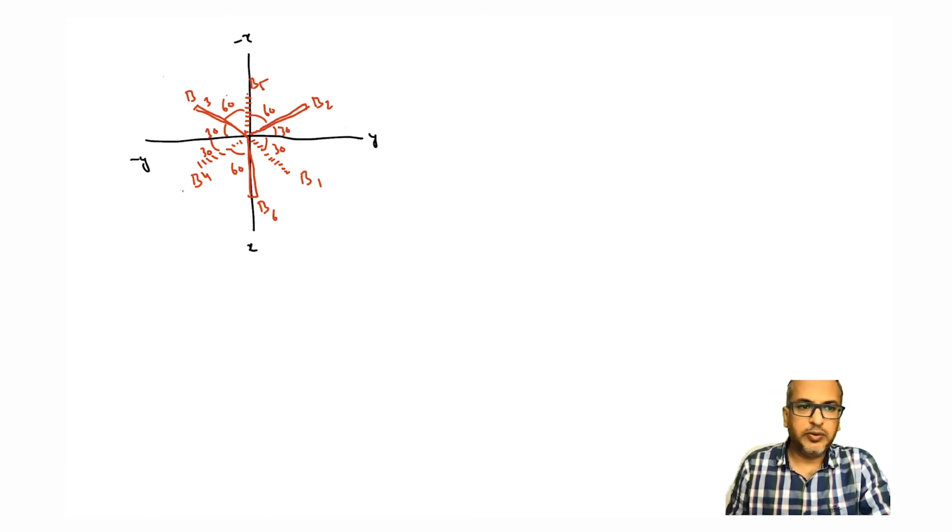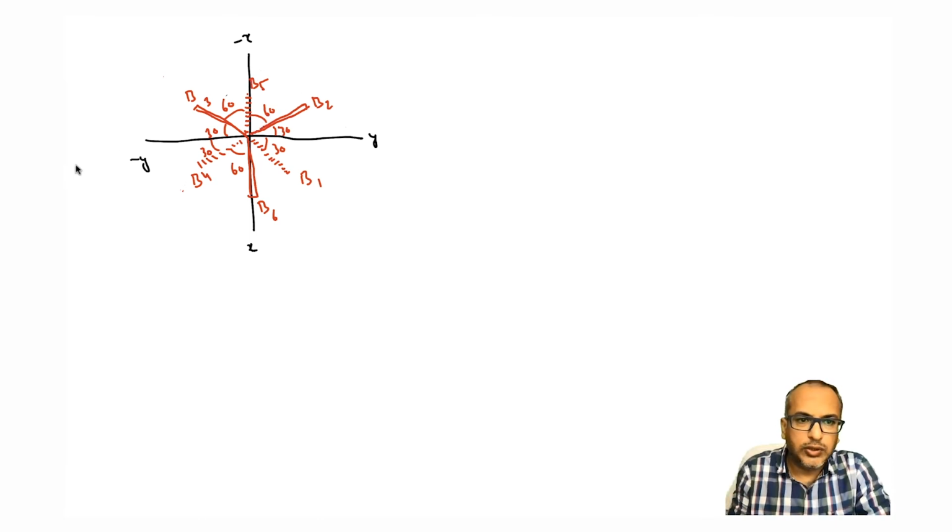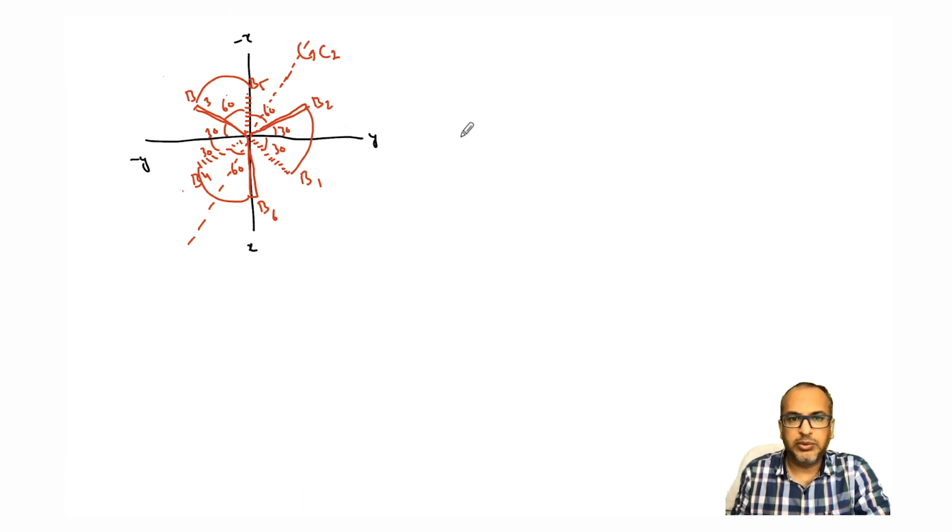Now, where is my C2 axis? So C2 axis will be reflecting B2 and B5. So let's also first connect the bonds. So my B3, B5, B1, B2, B4, B6. Let's say these are the ones which are connected. So if I now do this reflection, then my B2, B5 will be replaced, B1, B3 will be replaced, and B4, B6 will be replaced. Okay. So then if I do this, I will still have it.